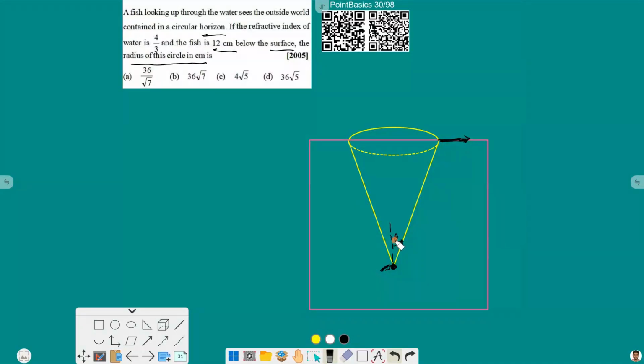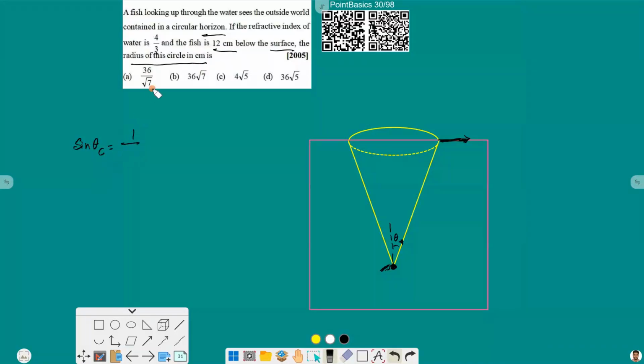So here we have a critical value of theta beyond which light cannot go out and outside light cannot come inside. So for critical angle, we can write that sine of theta c will be equal to 1 by mu,